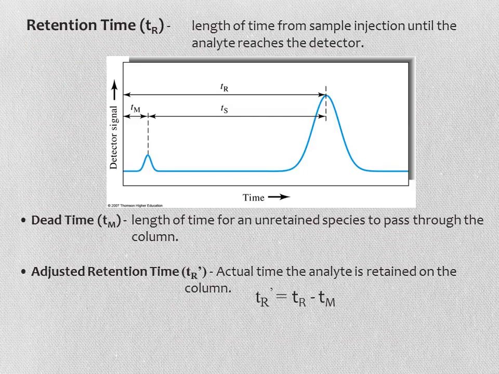The retention time, if we look at the chromatogram, is as shown here. So we have some sort of detector signal versus time, and TR, retention time, is how long it takes to go from injection to the detector for any given analyte. There is something called dead time or void time, which is TM. Sometimes people will call that mobile phase time because that's how long it takes for an unretained species to get